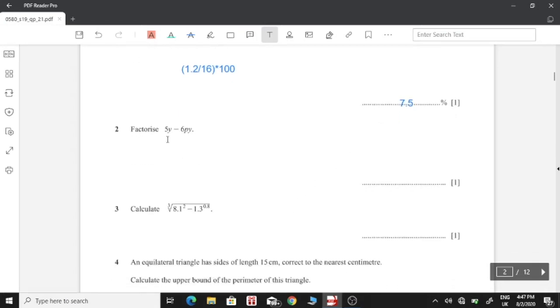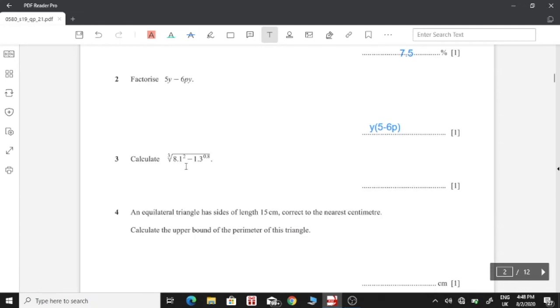Factorize 5y minus 6py. So we take the common part out of the whole value, which in this case is y, and then we open the bracket and write the rest of the values, which becomes 5 minus 6p. Since those are not common,